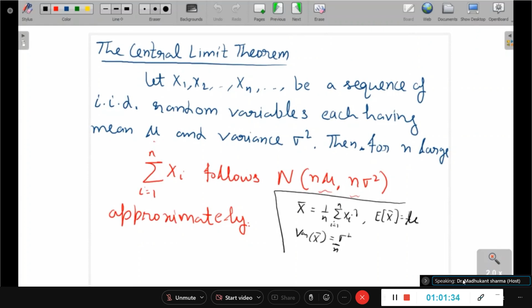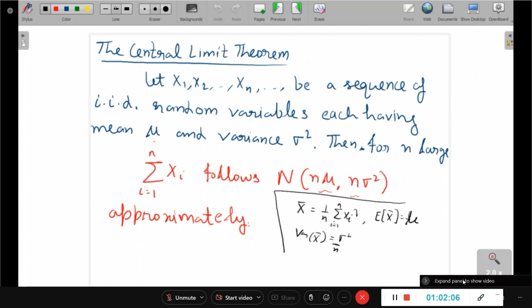The central limit theorem says if you have a sequence of IID random variables, meaning a sample of values that are all IID, so n numbers, a sequence that is countably many, each having mean mu and variance sigma square,